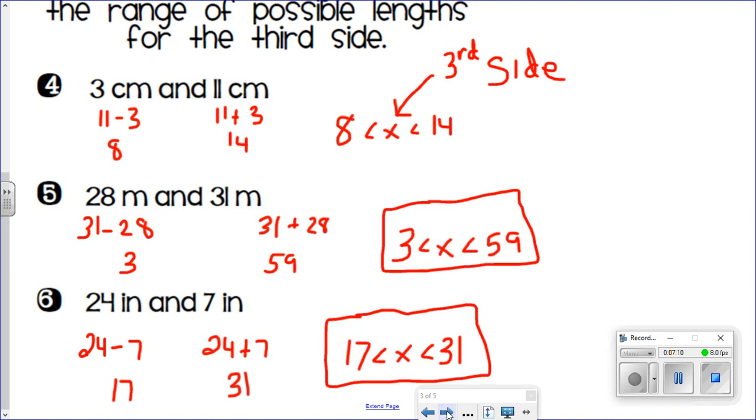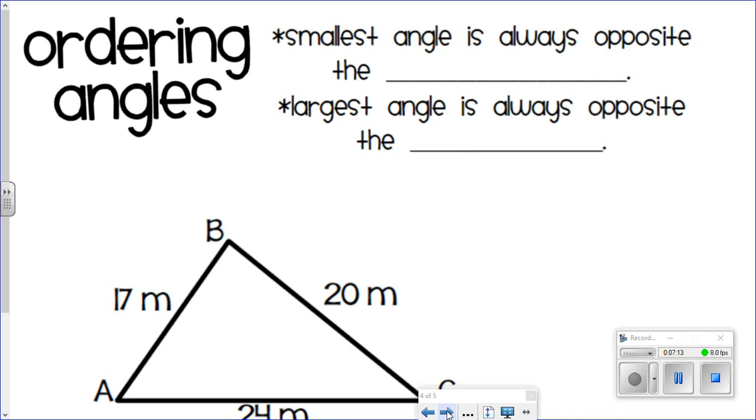Alright, so now let's determine how to order the angles